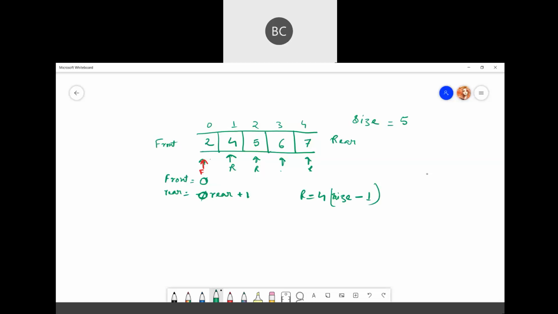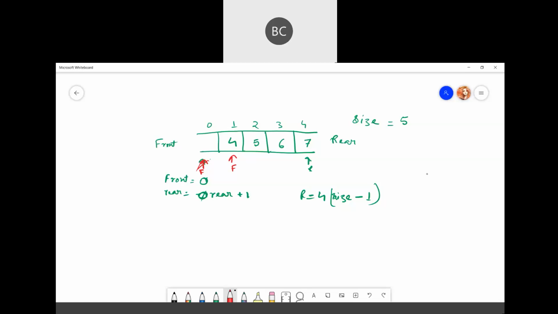Now, if you want to delete something from here, what you will do? You will delete from the front end. Suppose you want to delete the first element, you delete, then you increment front. Front will be here now.